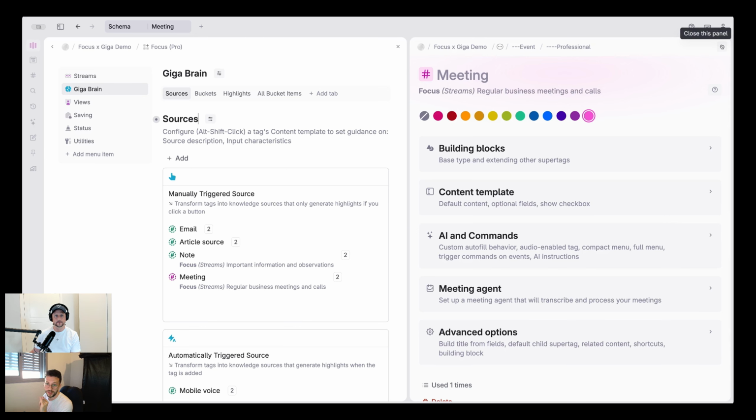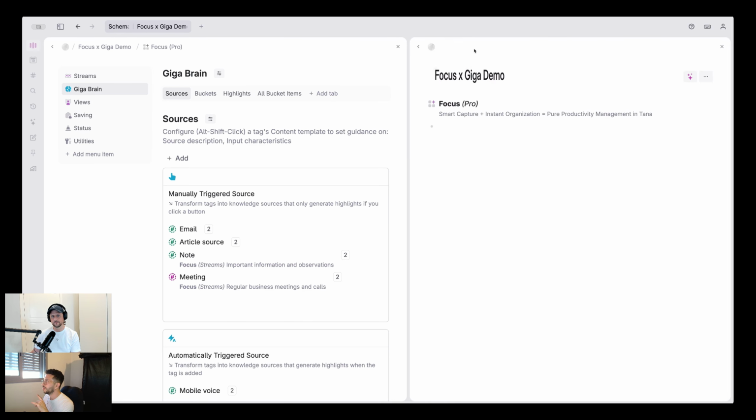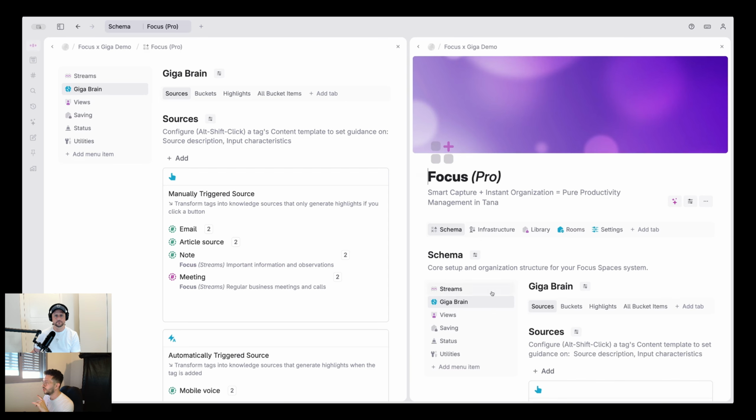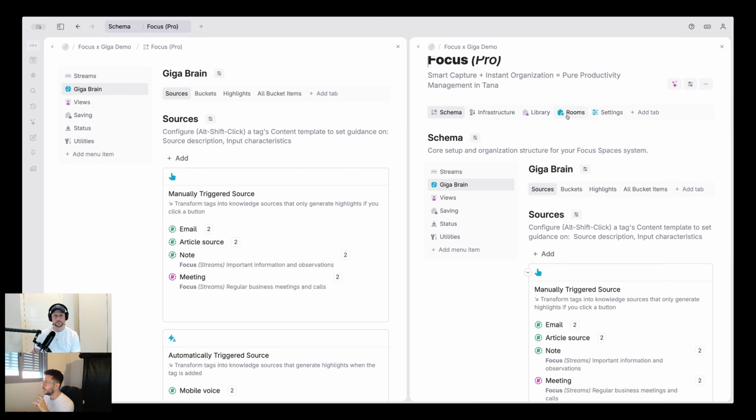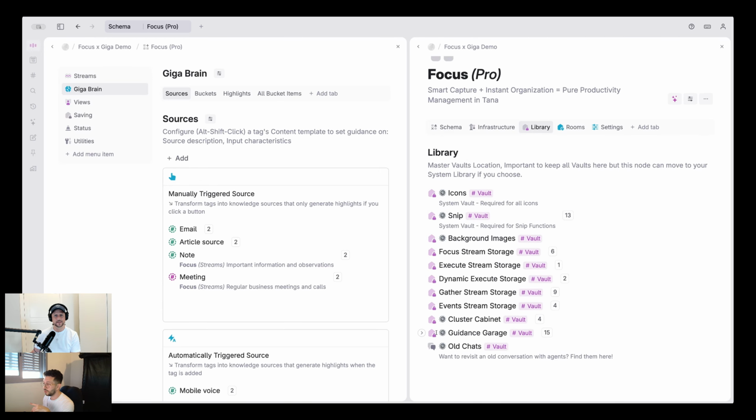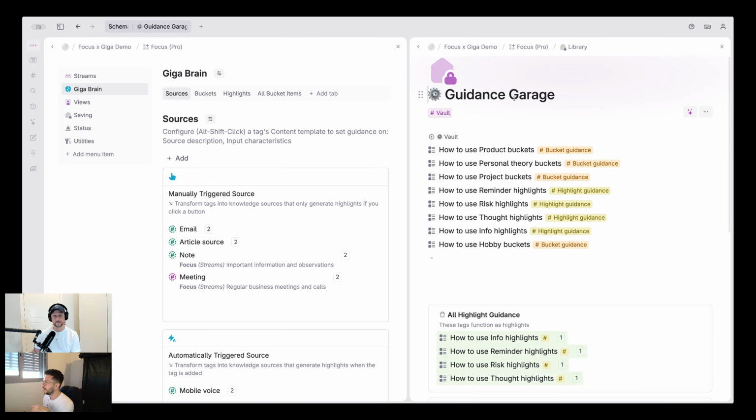We want to give some guidance to the highlights that are going to be pulled from the meeting and make sure that's all correct. So let's go straight up into the Giga. We want the library because we want to go into the guidance garage. Okay. And starting here,